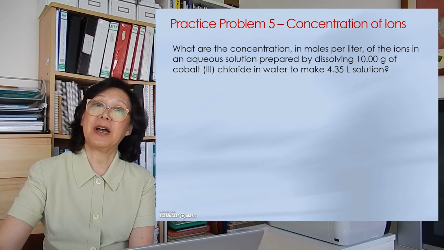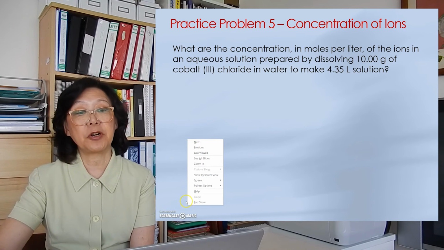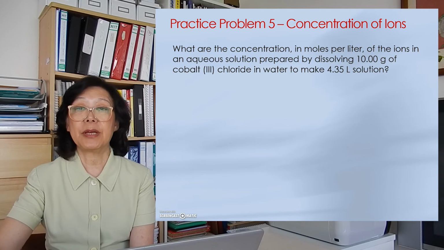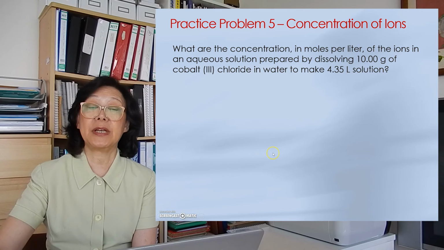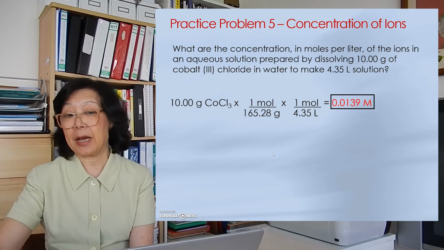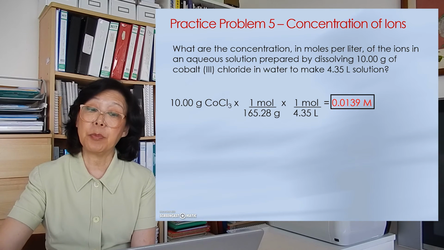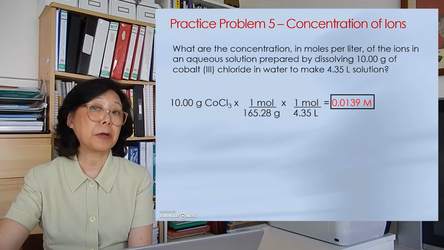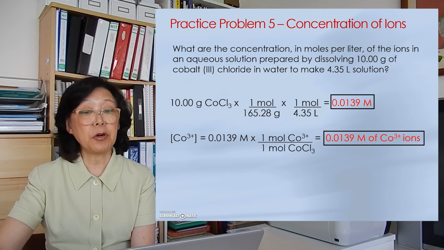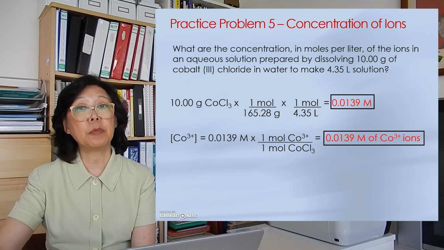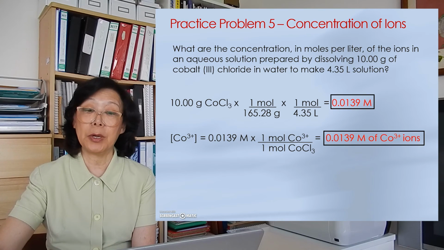Practice problem number 5 has to do with concentration of ions. We have 10 grams of cobalt-3 chloride. We want to make 4.35 liters of solution. What is the molarity of the ions? So we calculate the molarity of the cobalt-3 chloride solution to be 0.0139 molar. Now to show the concentration of the ions, in 1 mole of cobalt chloride, we have 1 mole of cobalt-3 plus ion. So we multiply it by a mole ratio of 1 to 1. We still have